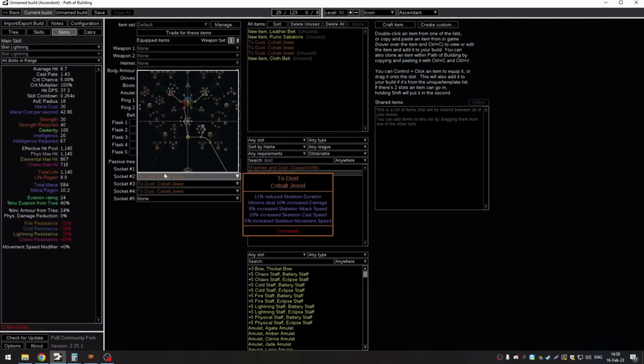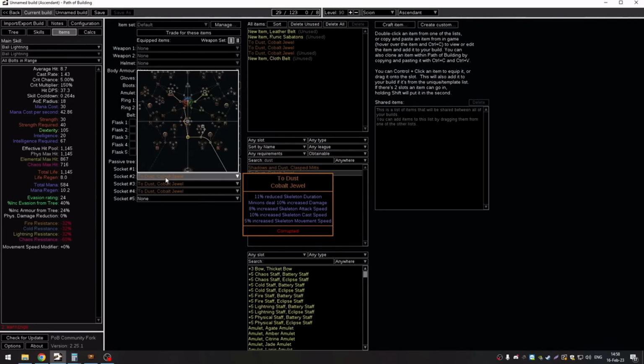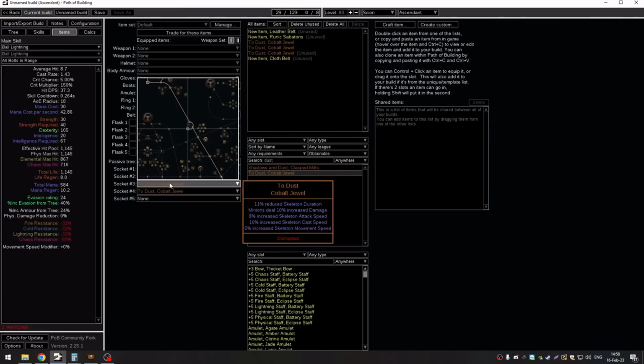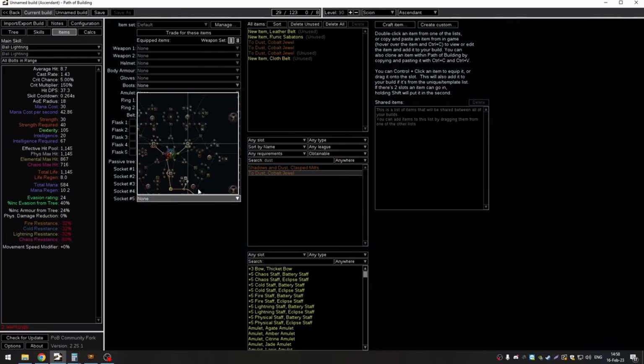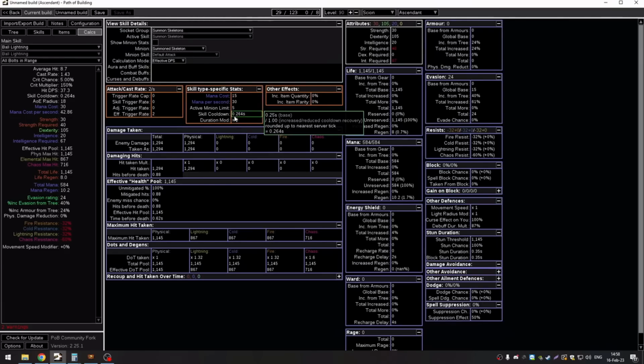Here in items I have those 3 dust jewels, as you can see, and if we increase our reduced skeleton duration from 34 to 35, let's see. Now we have 35 combined. In calculation, duration is 0.